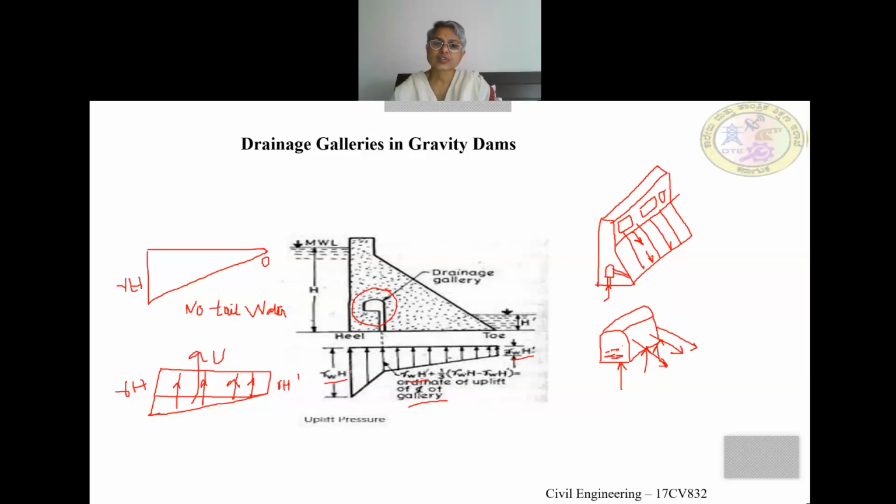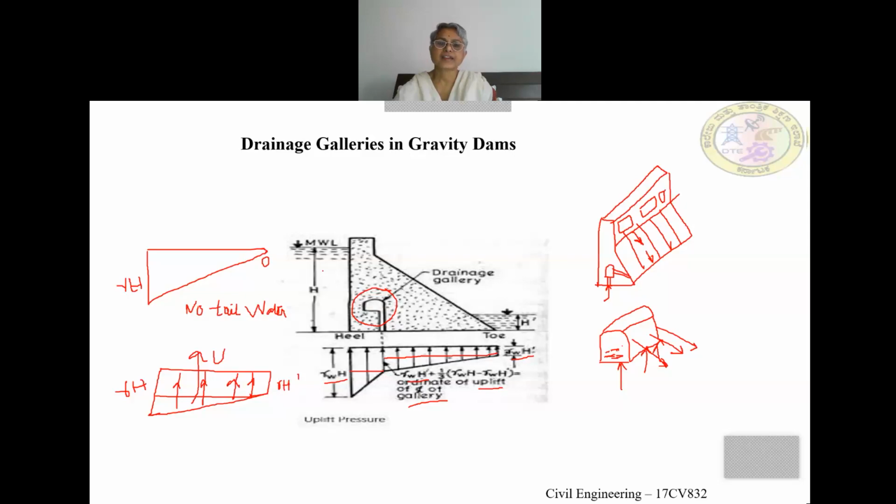In this case, the total uplift pressure can be calculated by considering one triangle, and here you will have another triangle. So totally there will be 4 sections: one due to this triangle, one due to this rectangle, one due to this triangle, and the other due to this rectangle. So here you can see that the presence of the drainage gallery will reduce the uplift pressure